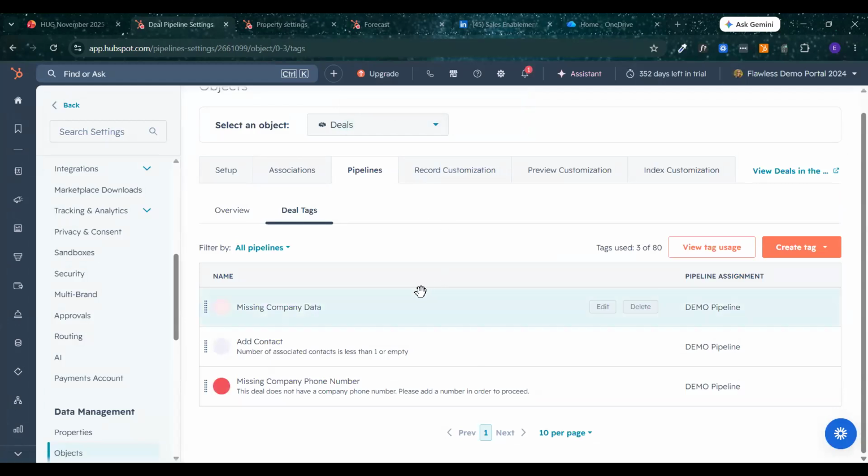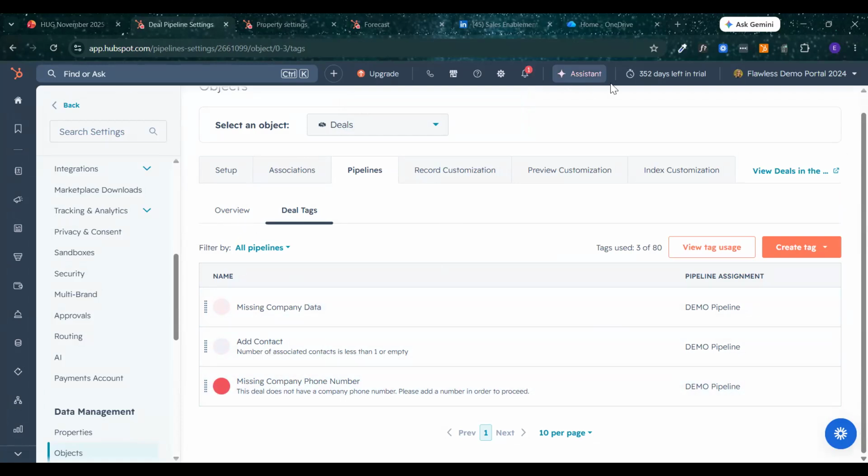Yeah, the tag. So I see a question from Stephanie. Is there a way to clear the tags after the deal has been updated? Yes, they will clear if they no longer meet the criteria. So once you change something, then the tag won't be there anymore. Basically, because it's live. So if they meet the criteria, the tag's there. They don't, tag's not there.